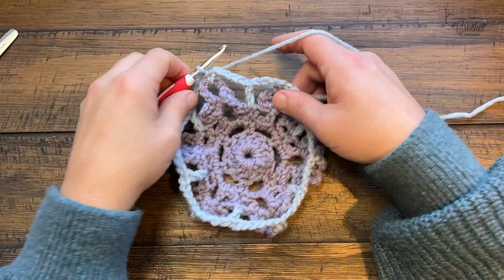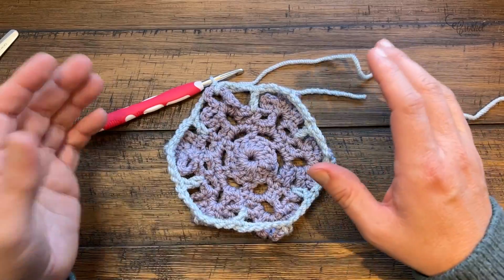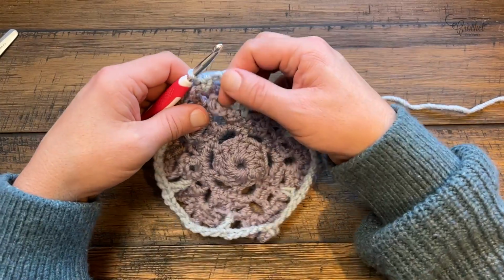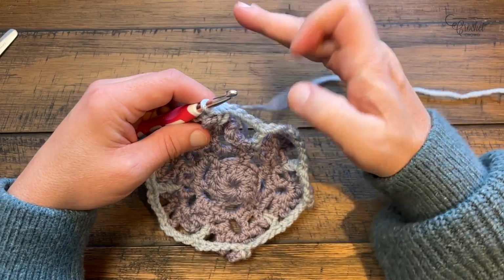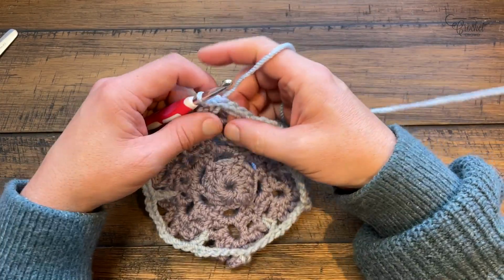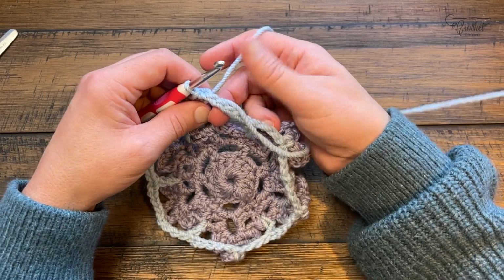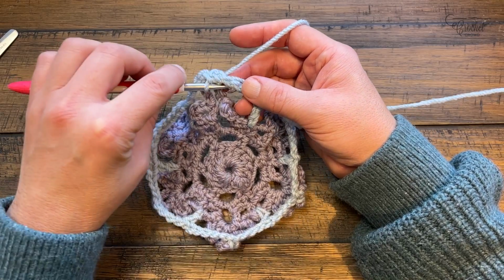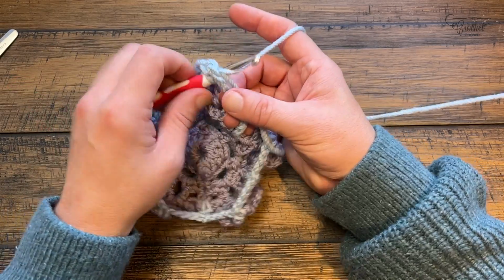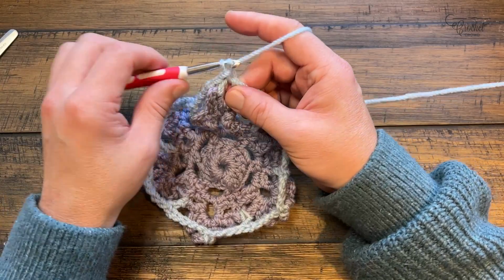In round number 6, we're now going to convert from 6 petals to 12. And each one of these chain 4 spaces is going to be a new petal. So to begin, we're in the wrong spot right where we're sitting, and I want you to put the yarn tail that you had with the first chain section here so it gets stuck underneath. So slip stitch to the first chain 4 space first. Chain 2,